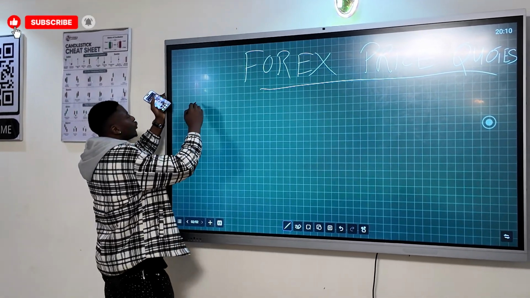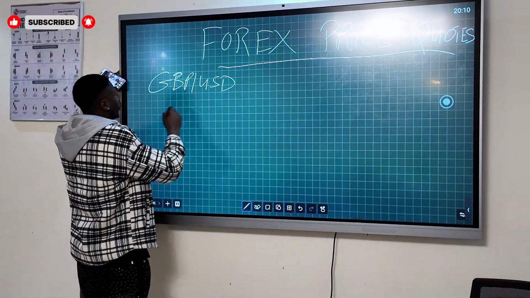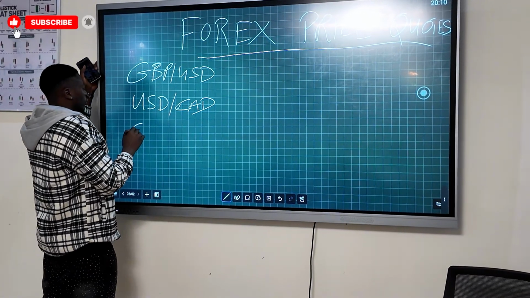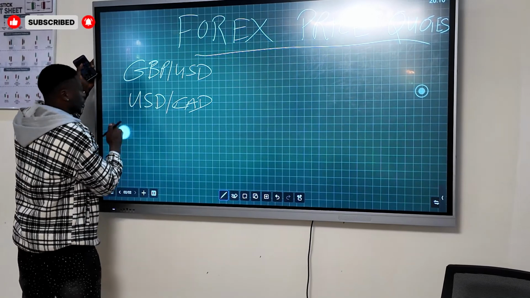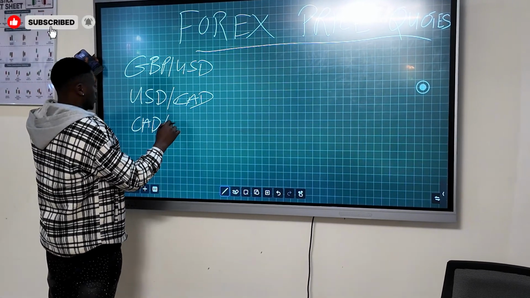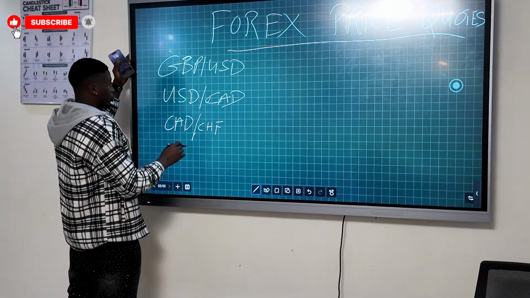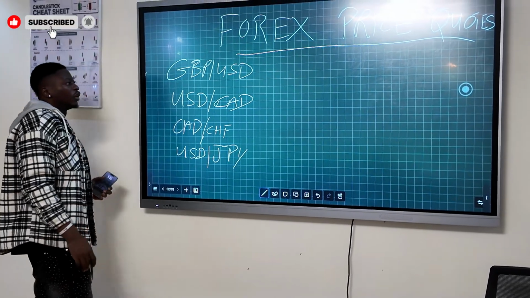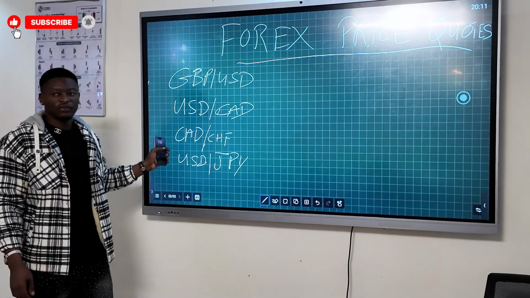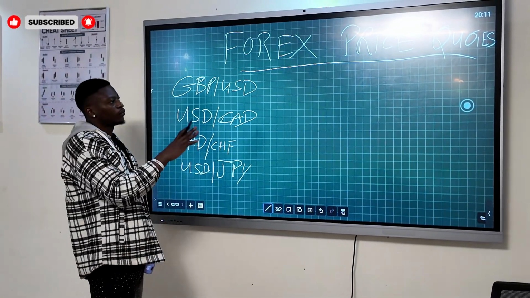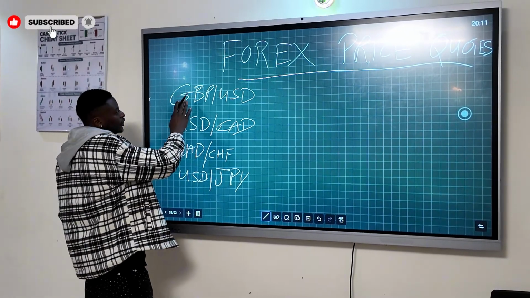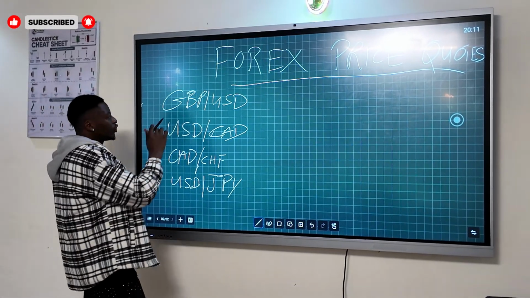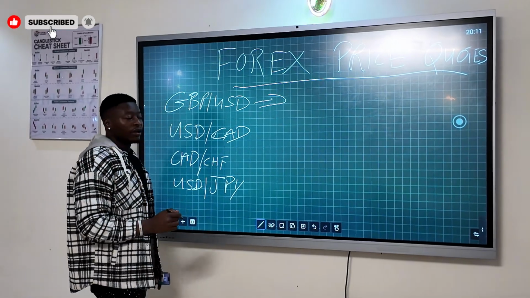So we are basically breaking down these currency pairs: GBP USD, or maybe USD CAD, or let me use GBP again, CAD CHF or USD JPY. Now we are looking at these currency pairs. The Forex price code is simply making us understand that these currency pairs are a combination of two different currencies. Now, if this currency pair is a combination of two different currencies, but they have the same chart,